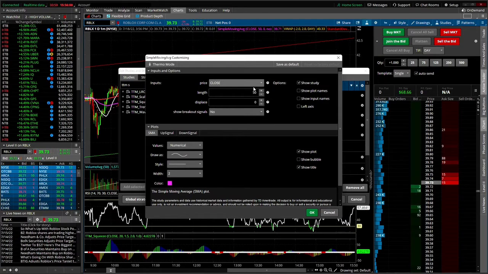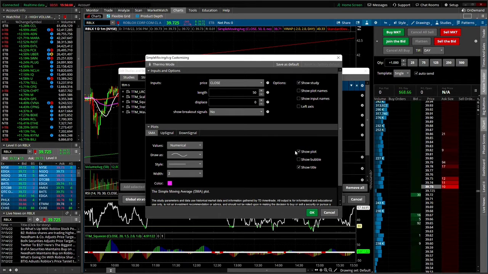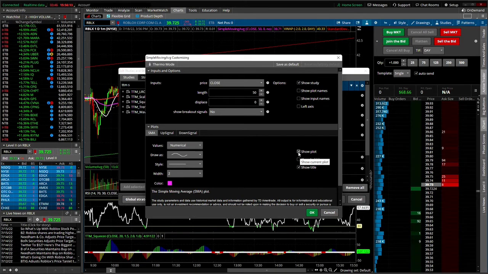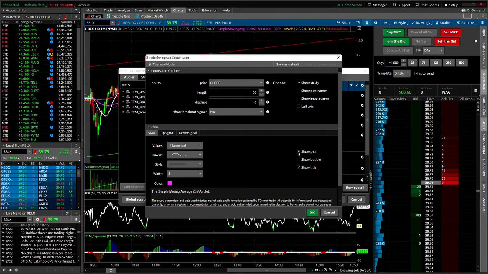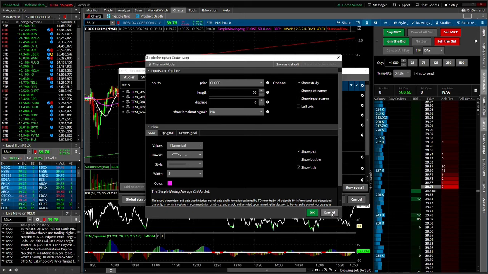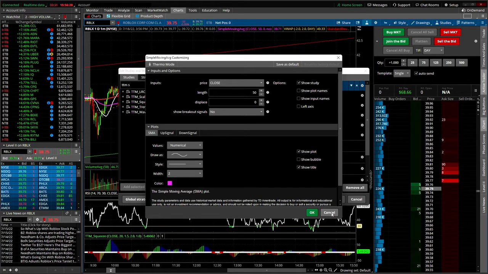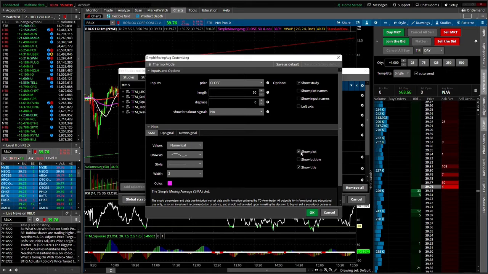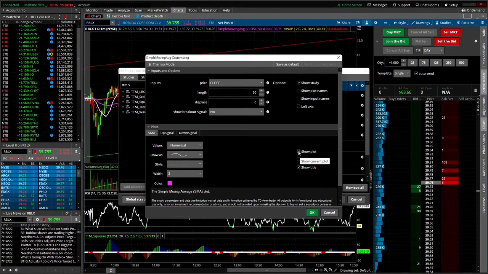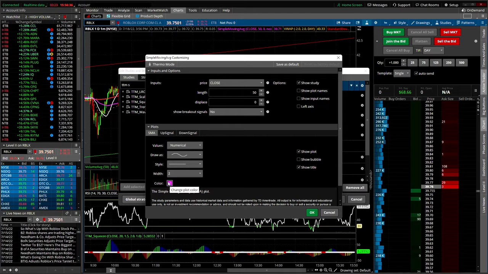be your setup. For length, click on 50. You can play with all these options. If I uncheck show plot, basically it'll stay in my studies. That's what it's called, the studies, but it won't show up, just like MACD. The MACD is in there, but I'm not using it. Well, it's not showing up on my screen right now. So you can turn it on or turn it off, enable it, disable it, whatever you want to call it, by doing this. You can also select the color